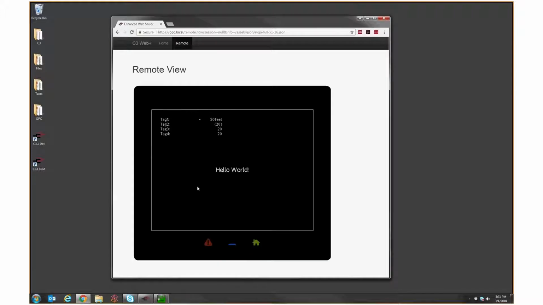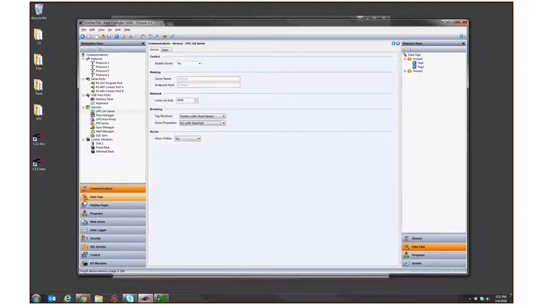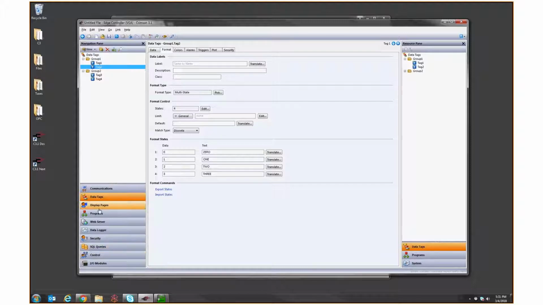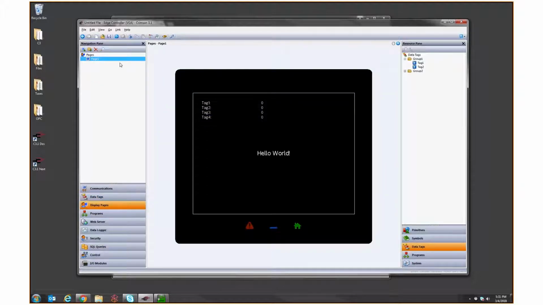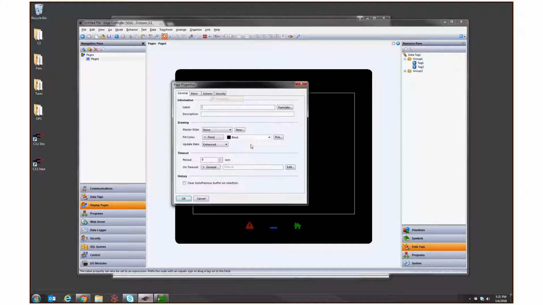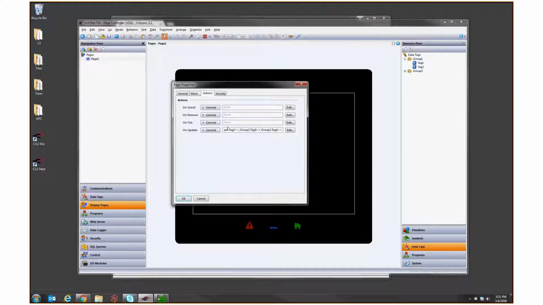Let this reconnect now. It's displaying a value that actually isn't included in the range that it can handle. So I'm going to be smart and go into my display page. And this is tag 2, isn't it? I'm going to say set a tag 2 plus plus, or group 1 tag 2 plus plus. I'm going to change that to be